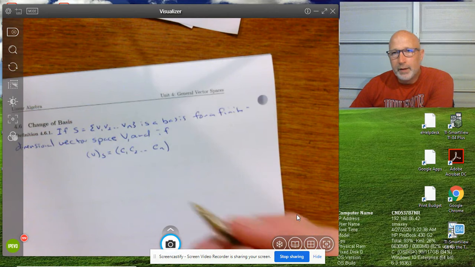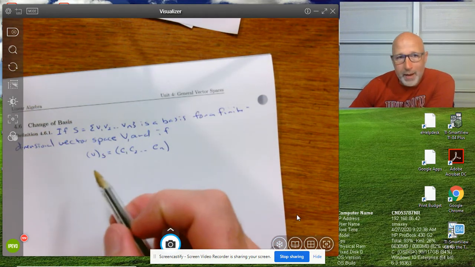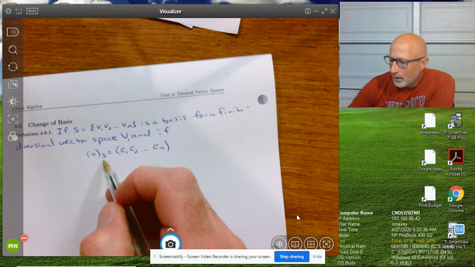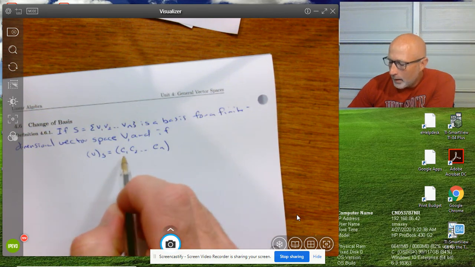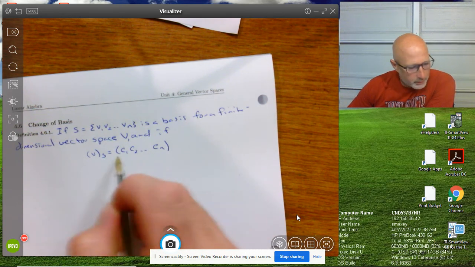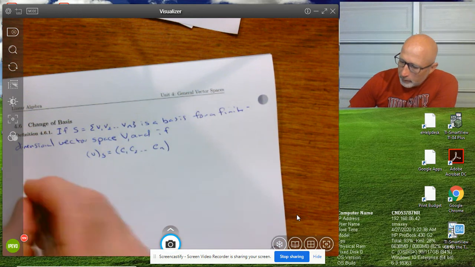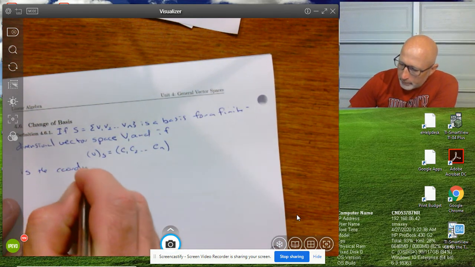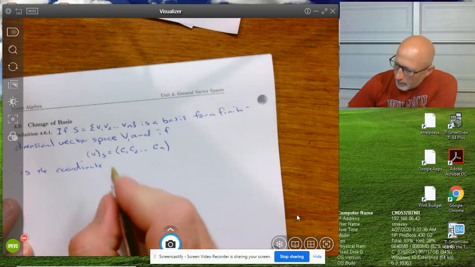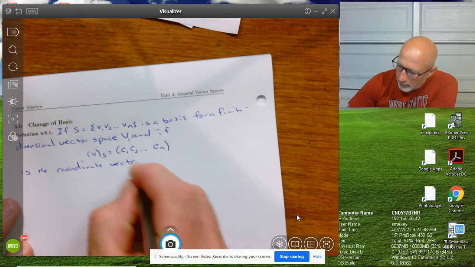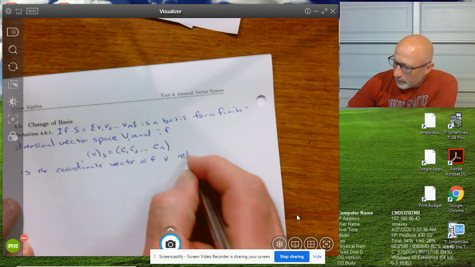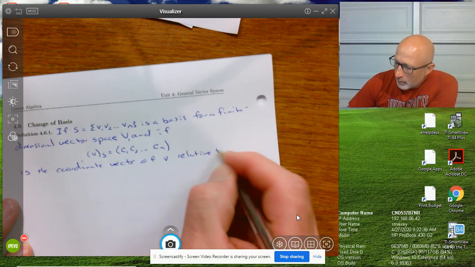Now, in the last section, we talked about what this meant. You have a vector under some basis S, and these are the coefficients that go along with it. So this is the coordinate vector of V relative to S,